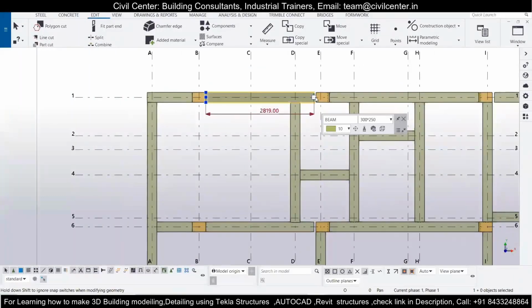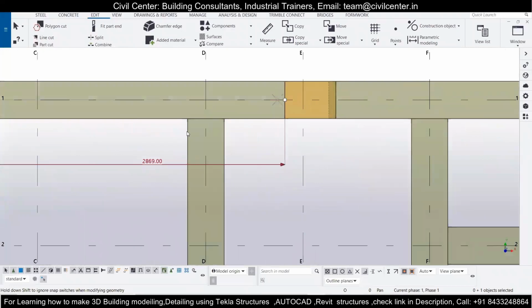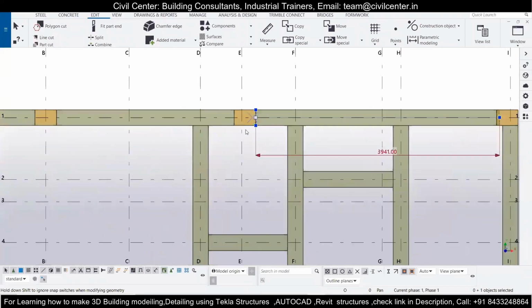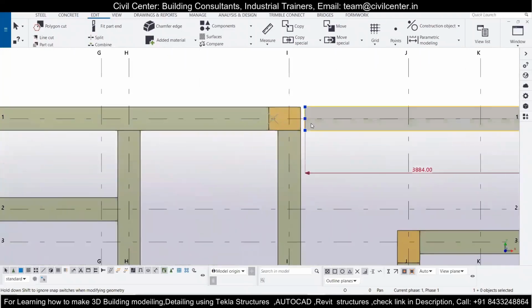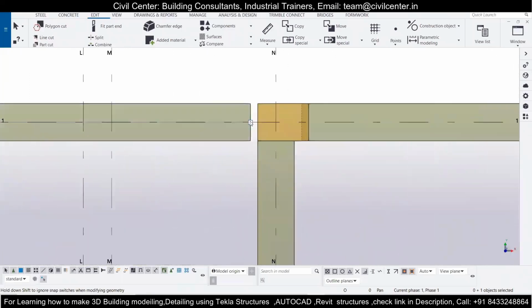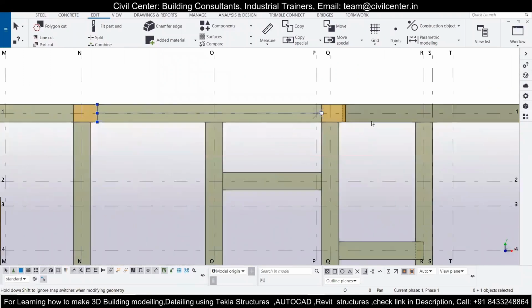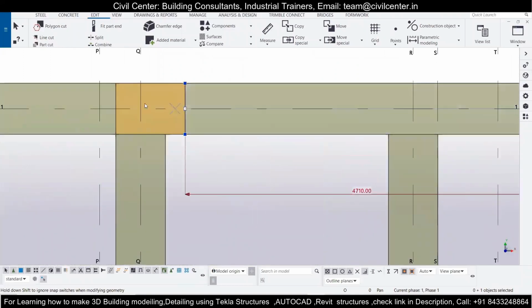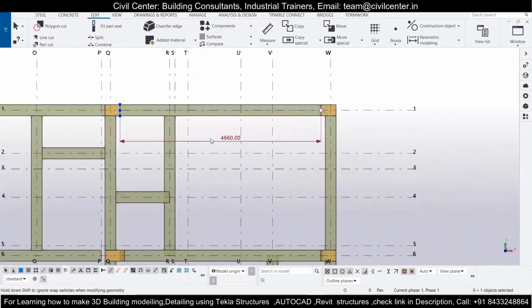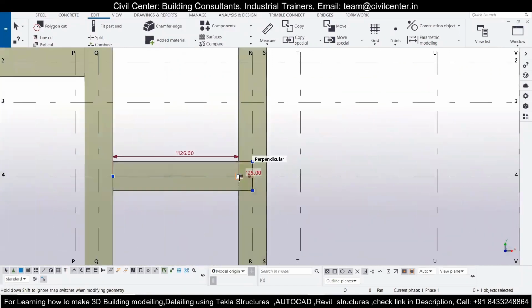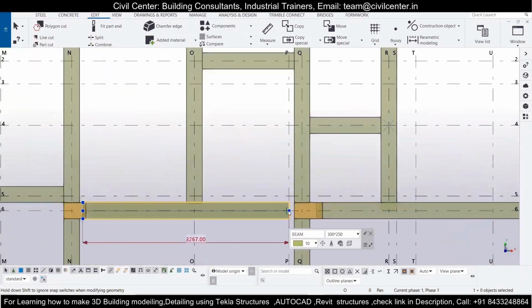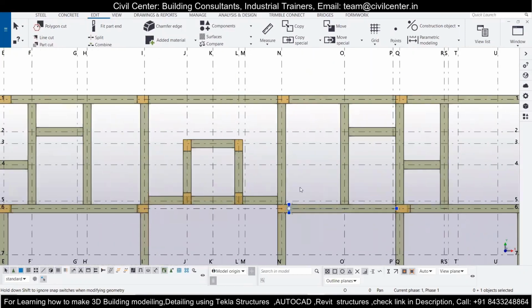I will work with the plan view only, so that I can easily zoom in over here. We know that whether we make changes in the plan view or the 3D view, it will automatically change in other views as well. Due to the displacement of the columns, these beams are at the same position as earlier, so we need to modify them.